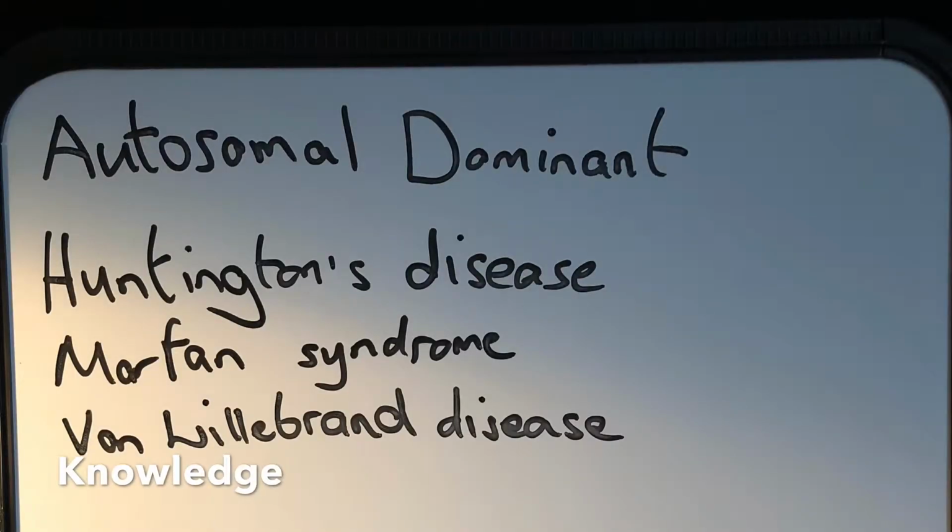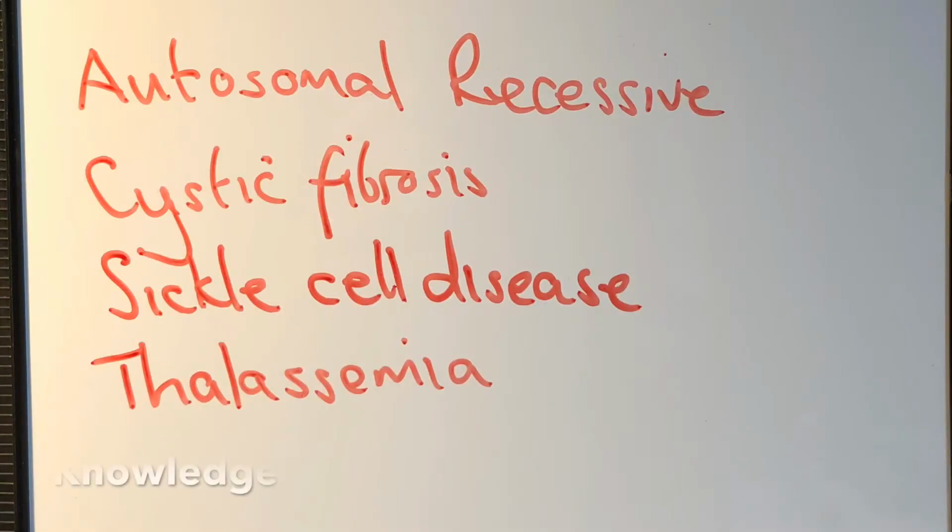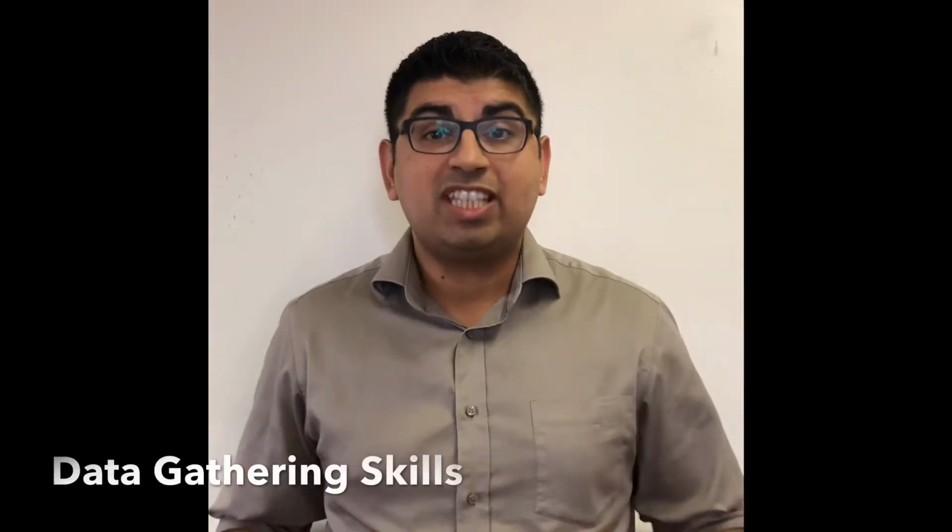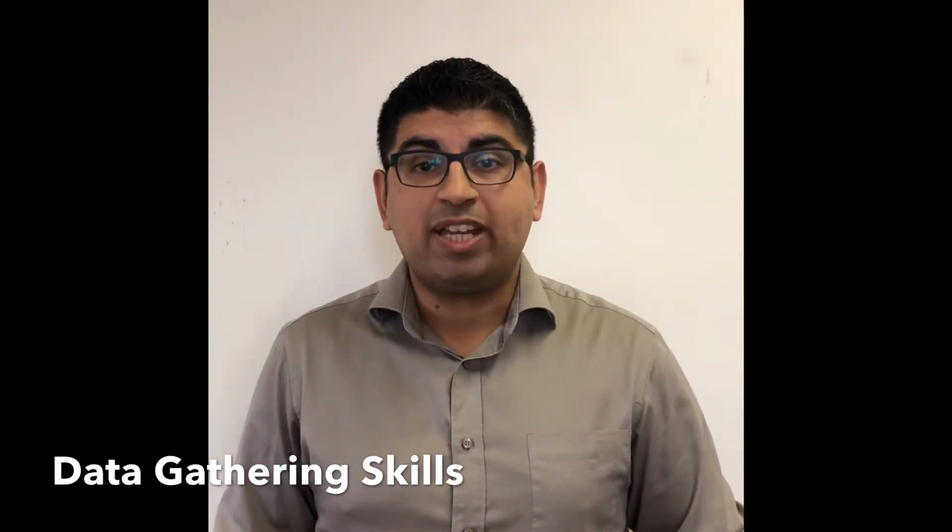From a knowledge perspective, it's really useful to go into the CSA knowing those conditions which are inherited in an autosomal dominant manner and those which are inherited in an autosomal recessive manner. And you can see both of those listed here. We've given you the common conditions to help you. So the next thing we need to talk about is the skills that you might need to use within the